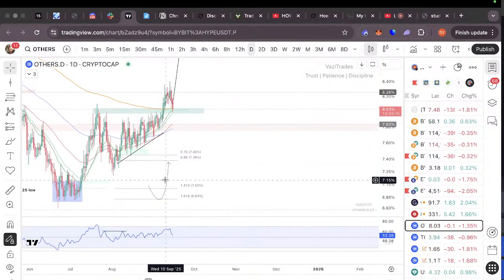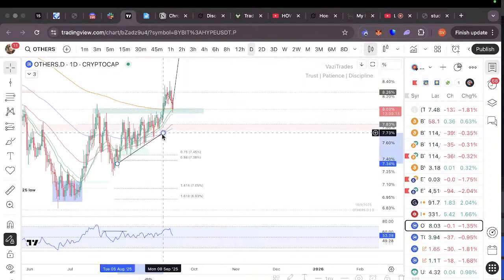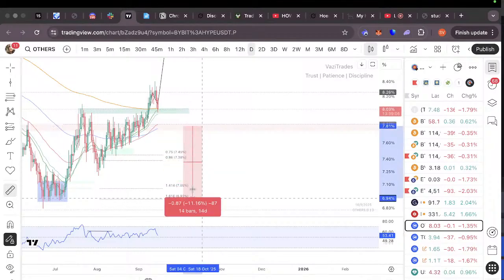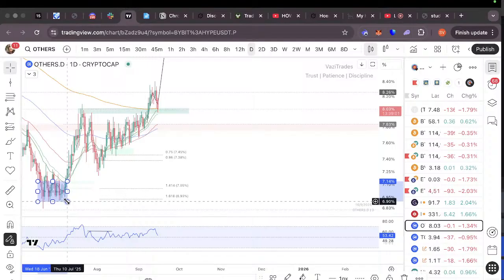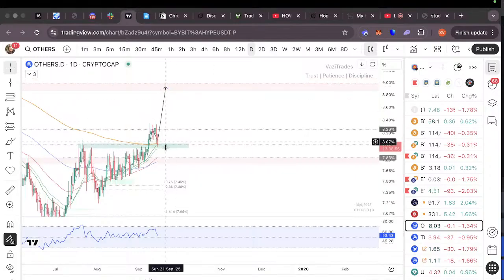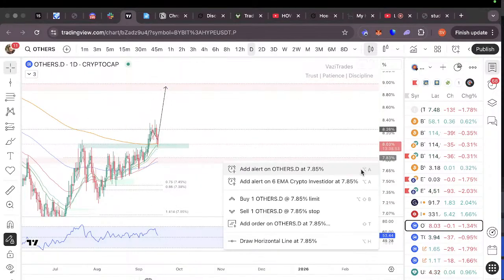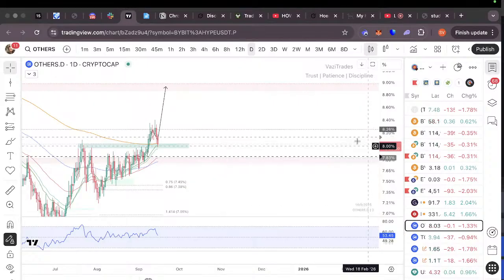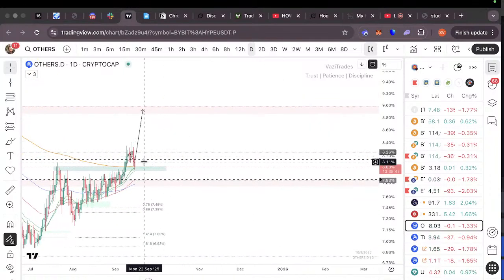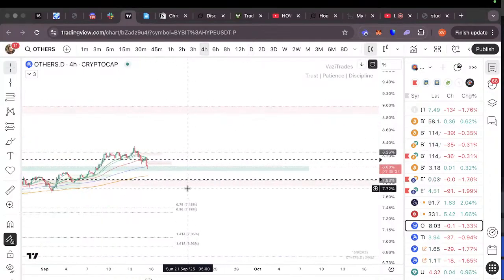Otherwise, these Fibonacci levels that you can see here will stand still relevant, and we can see a correction of 5 to 10%, which will not be positive at all for the altcoins. So please pay attention to this. I will set some alarms. I will also set an alarm above in case we see a nice bounce. So if everything is fine, which means price will hold above this 200 EMA and start consolidating,